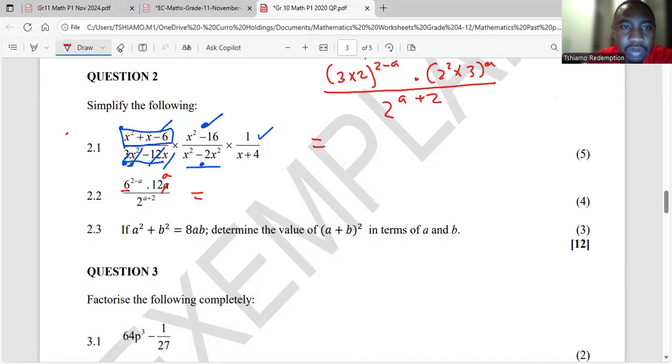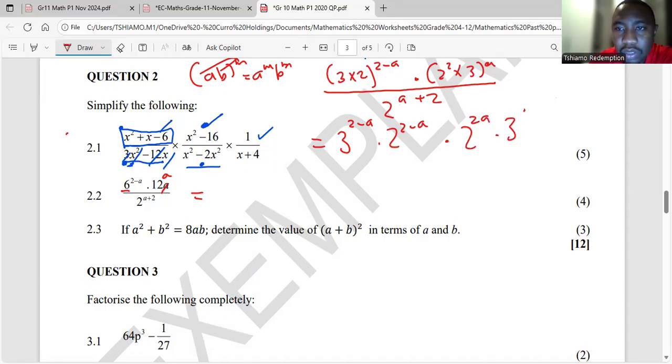Now, law 3 of exponents and law 4 says if you have a product inside, you're going to distribute the exponent. So each will be multiplied by the exponent. So I'm going to do that here. 2a minus 2 minus a. Then here, same thing. 2a dot 3a. What did I do? I'm just multiplying everything there, multiplying everything there over